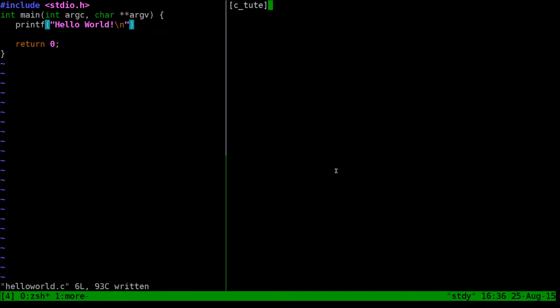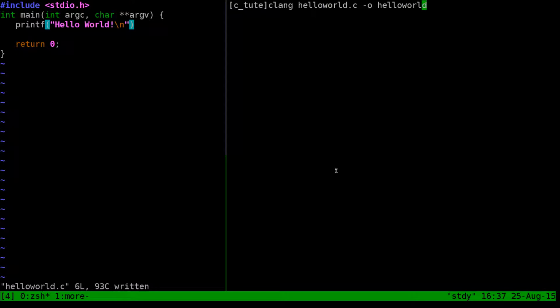By the way, in order to compile this, you don't have to keep typing the same commands over and over again. If I press up, I can actually look through the history of things that I've just typed. So you can just press up and down to cycle through your command history on the command line. It's very useful so you don't have to keep typing this all out again. If we run now clang helloworld.c and helloworld, the same command that we ran before, to compile our program to make it into an executable